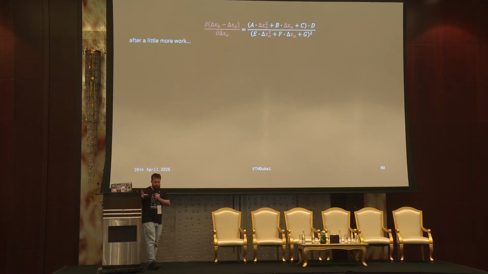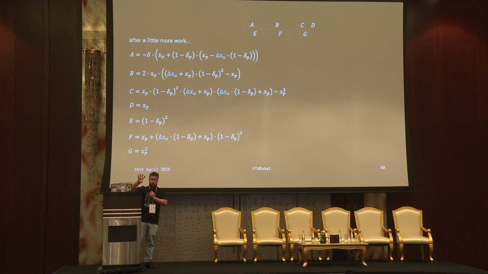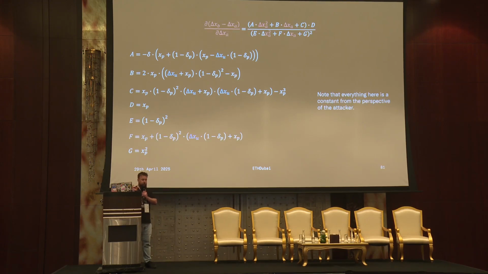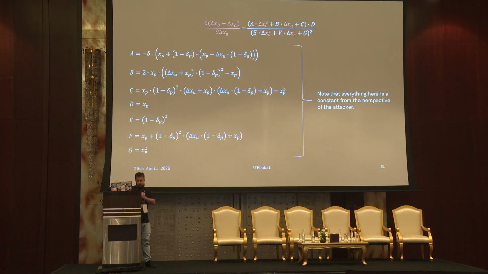So in this particular case, after a little bit of extra work, we can substitute these A, B, C, D, E, F, and G constants for other constants that are associated with the calculation. And note that all of these remain constant from the attacker's perspective, right? After they're reordering this inside their block, all of these are already known, and this is not difficult to compute. You can get this in a few microseconds if you've got access to a normal cloud server or something like